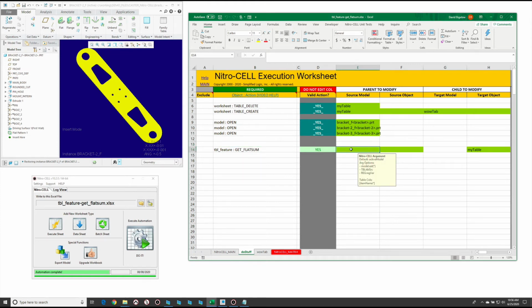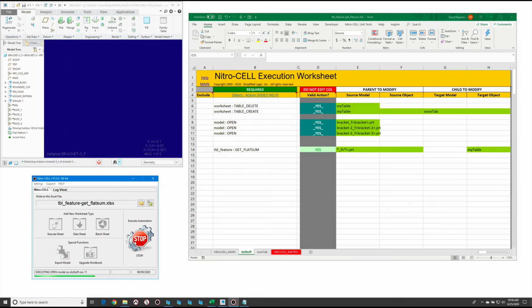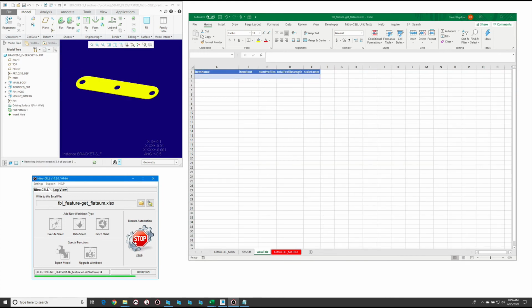3 different models, and we're going to summarize these. So in this case, I want anything that is a family table instance that's in session. I've got 3 of them I'm loading. And when we run this, it's going to open each of these models, and then it's going to run that